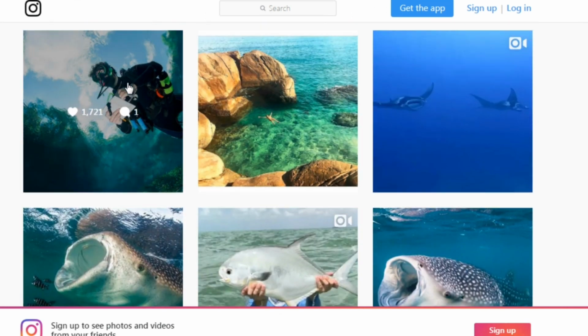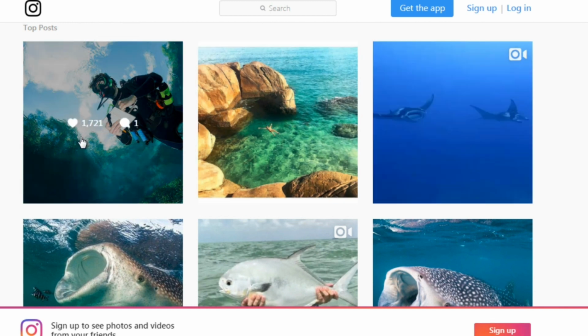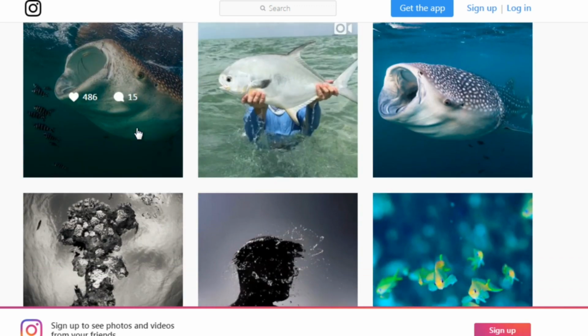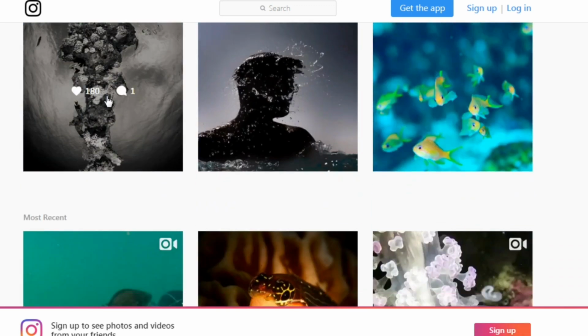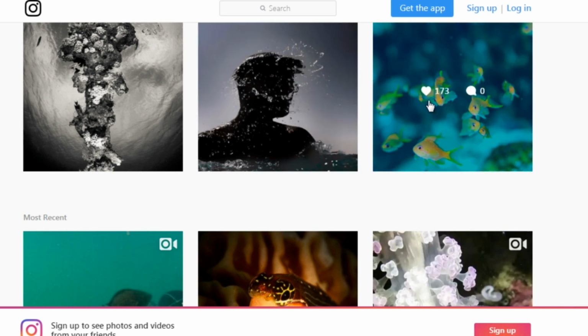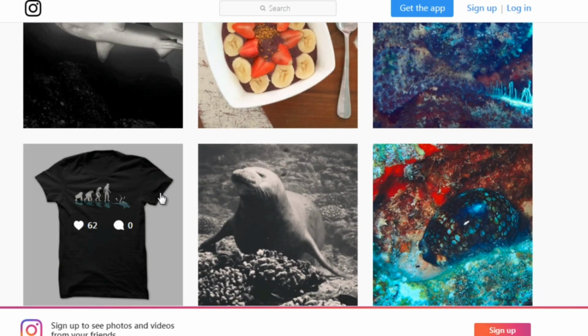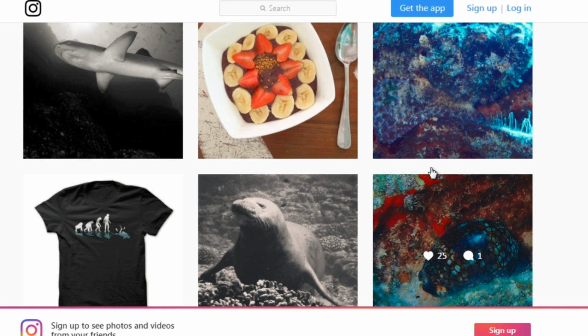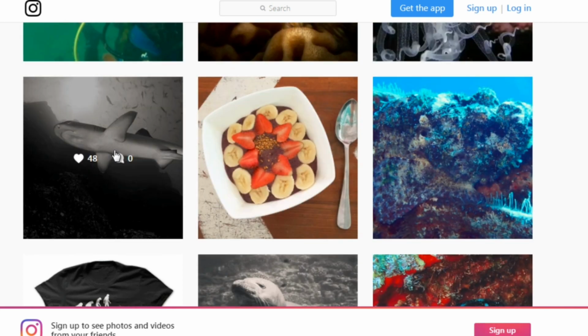If we put our mouse over, we can see this one has like 1,700 hearts, which are basically likes, and one comment. Then we scroll down, we can see this has 180, 352, 173. That's a good sign when you can see that there are a good amount of hearts or likes.